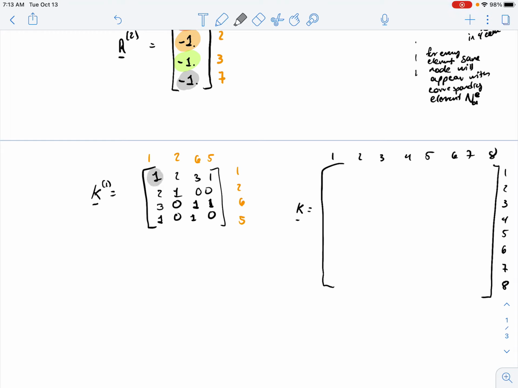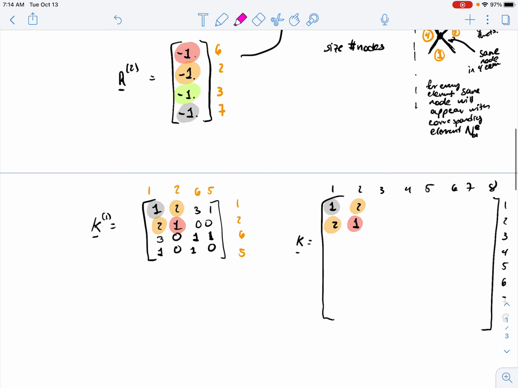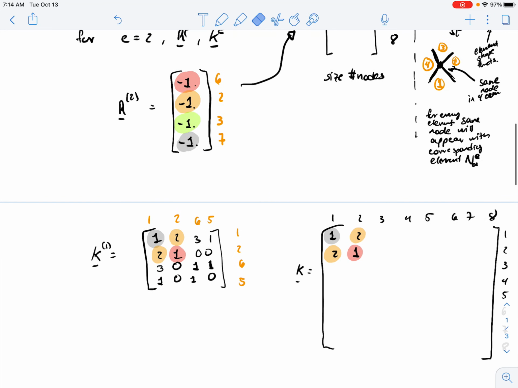So for example, this one goes here. I'm not gonna do all of these ones, just illustrate a couple. So this one and this one, so 1, 2, and 2, 1, they go here. Let's say that one goes here, and so on. Well, let's do a couple more. Now I'm using different colors. Maybe I should be careful. Actually, yes, let me just keep on using